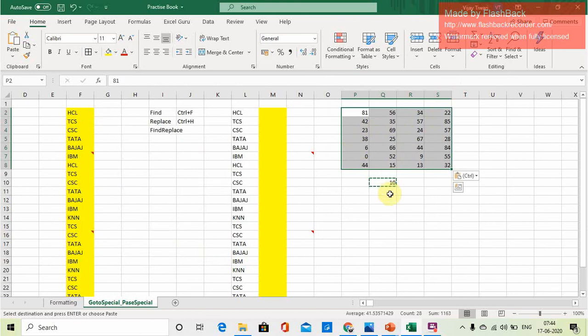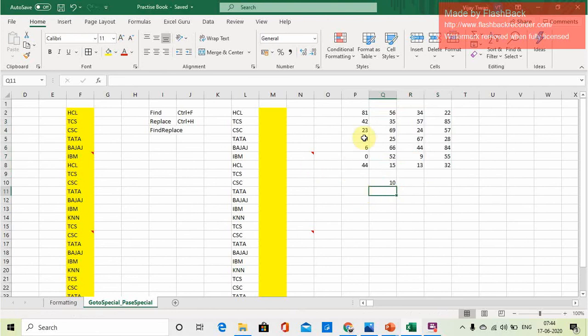So why am I telling this? Because while working on Excel, many times there are some cell values and you have to add some value, or divide with some specific value. Doing it manually becomes very difficult, but by using this you can do it at one go. It's very important. So these are the operations we can perform.